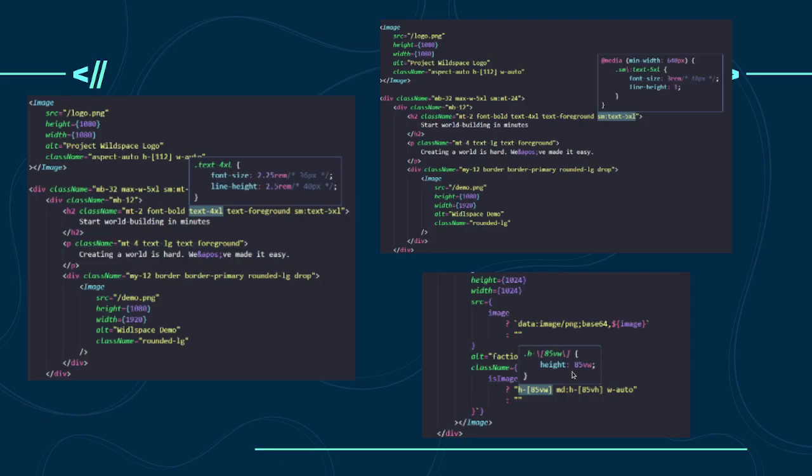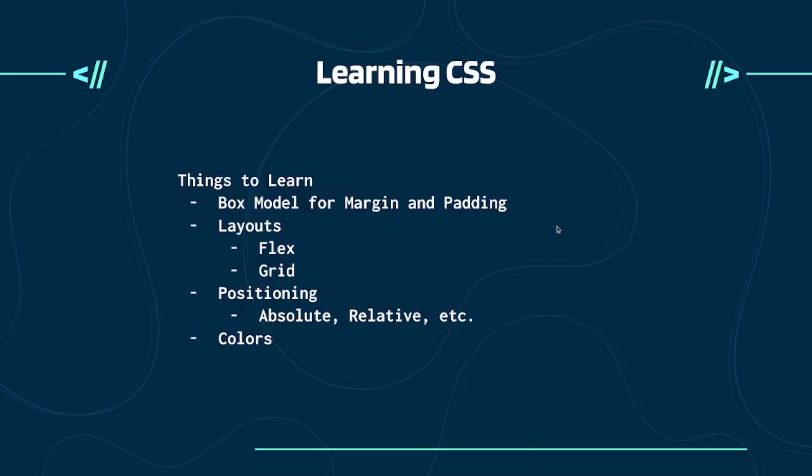Same thing with your color scheme. Let's say you really don't want the Tailwind color schemes. Fine. You say background dash open bracket, and you pass in the hex code. You pass in the HSL. You pass in whatever you want, right? And so it's opinionated, but it's not enforced, right? And there are a lot of frameworks that do enforce. So that's another reason why I really do like Tailwind.